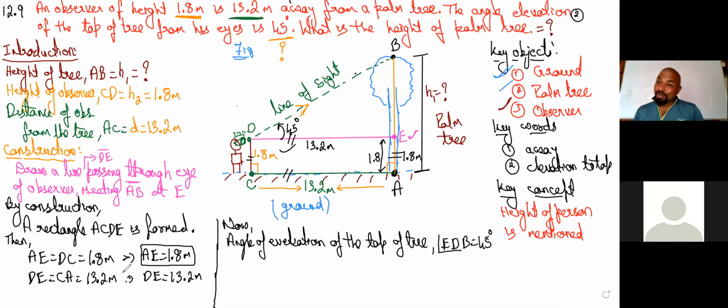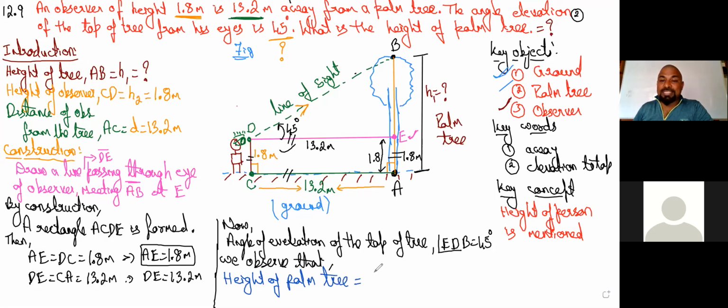Yes, clear cut. So we got the entire concept here now. We have introduced the angle of observation, we have introduced the height of the person, and we got a geometrical shape. By using the properties of the geometrical shape, we have concluded everything. Now we observe that, so we have to say, what is the height of the tree? The height of the palm tree, right, we got two pieces there.